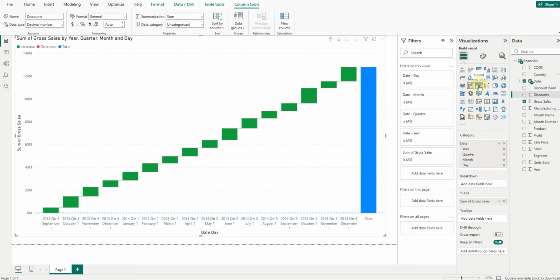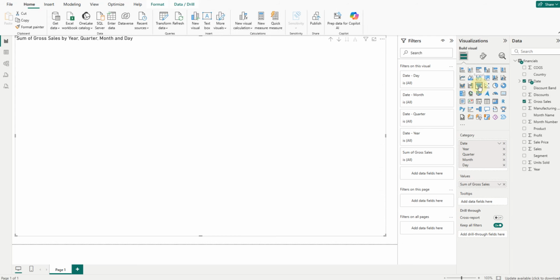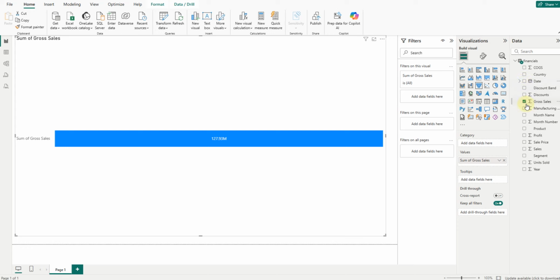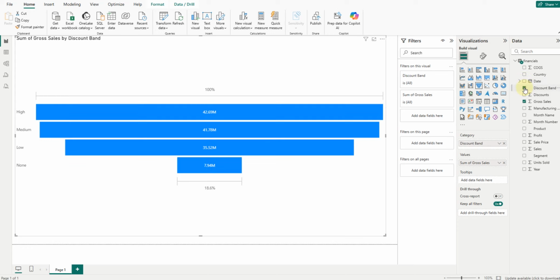You will see the funnel chart. The funnel chart is good for processes. So if you have 100%, this isn't the best way to do it, so we'd want to remove the date for sure here. This is more so I can see, okay, what is the different process here? How much is taking up what? Typically it's used for processes, not in situations like this, but you can see, okay,